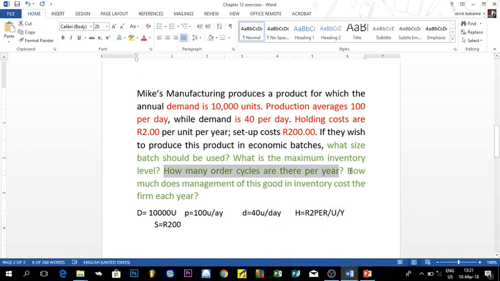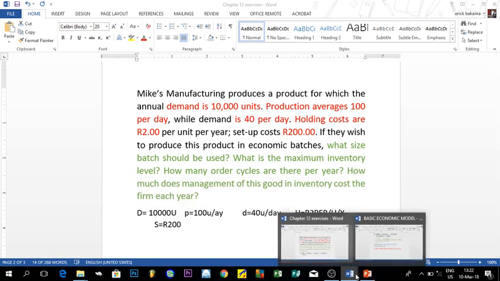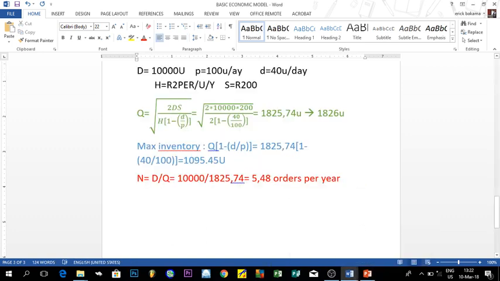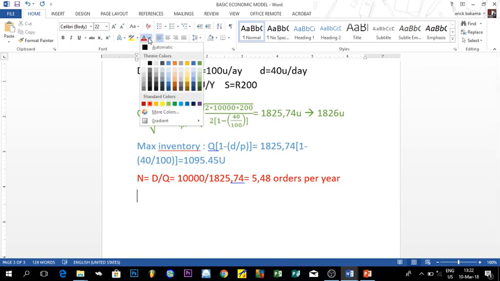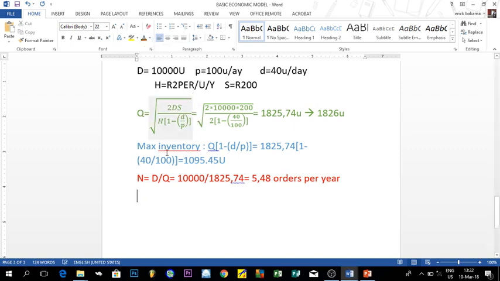Now the final question is how much does management of this good in inventory cost the firm each year? So what we need to find in this case here is to find TC, which is the total cost. Let me give it another color. Let me keep this one here. So we need to find TC. TC, as I say, is the annual setup cost plus the annual holding